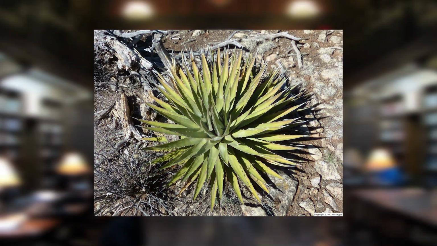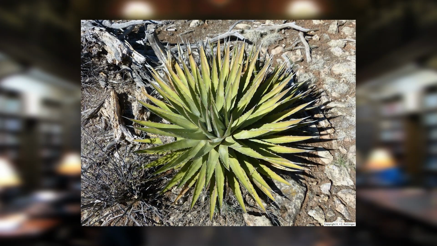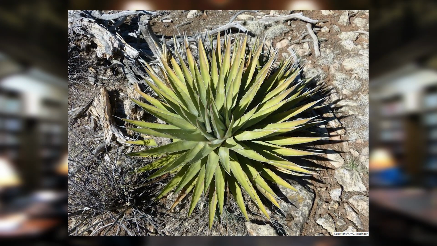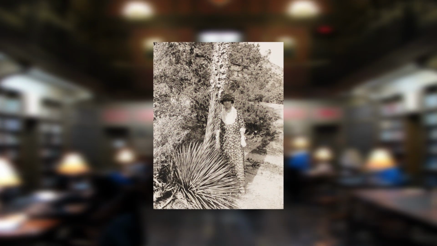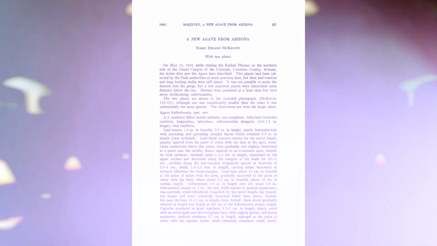But let's understand a little bit more about how that taxonomy, how that categorization works. And we'll start with the history. I'm actually going to start with the most recently formally described taxon, which is the singular of taxa, form of Agave utahensis that was described. And that was actually Agave utahensis subspecies kaibabensis. Now, kaibabensis is the largest form of Agave utahensis. It grows on the Kaibab Plateau around the Grand Canyon, and it was the last taxon to be formally described. It was formally described by Susan Delano McKelvey, actually FDR's cousin, in 1949 in the Journal of the